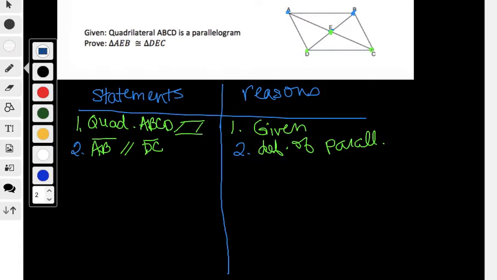What other information do I know? Well, since I am looking at these two triangles, I just figured out that these two sides are congruent. So I'm going to put a little tick mark there. And I'm going to have to figure out something else. So let me see if I can figure out maybe an angle to help me out. So we know if parallel lines are cut by a transversal, so let's pretend like this is our transversal. And again, you don't have to do it exactly like this, but you can. So if that's our transversal, and these are our parallel lines,